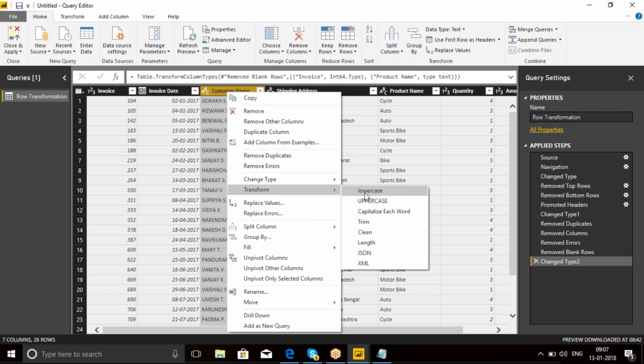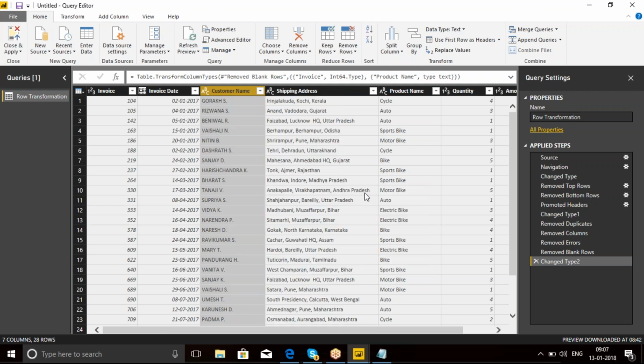It's not creating another column. So with the help of transform, we can apply on the same column name. So when I apply the lowercase, it's converting into the lowercase. But with the help of add column,